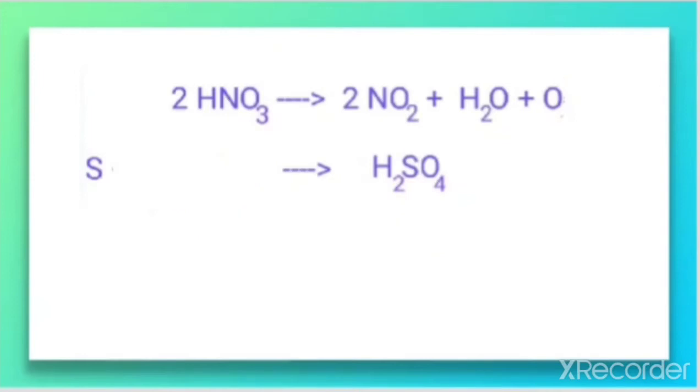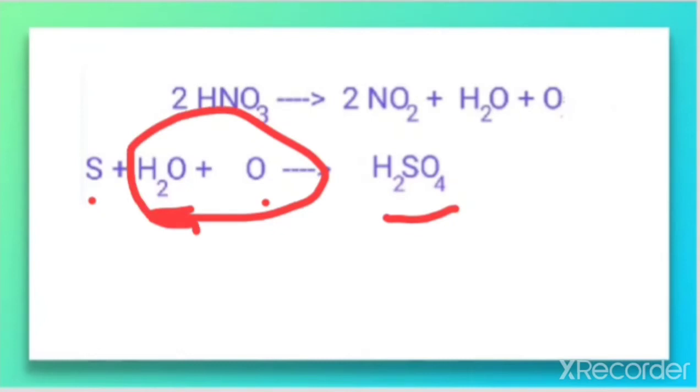So we can write the equation like this, and when you look at the product, H2 is required, which means we can take water. I am telling you the easiest method to make the individual equation. So S plus H2O plus O gives H2SO4. The equation is sulfur to sulfuric acid, and because it is an oxidation reaction there is an addition of oxygen, plus H2O. So remember, H2O plus O is what we do for all.